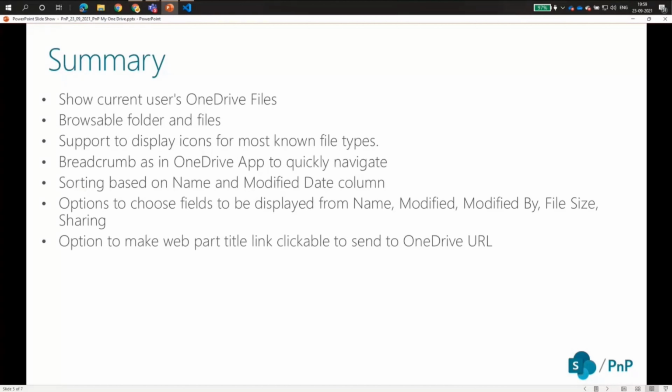As I said, it displays the current logged in user's OneDrive files. The folders and files are browsable. It means we can drill down into the folders, and if it is a file, it takes us directly to that particular file by using the URL. Then it also supports displaying most of the known file types. I tried to add as many file extensions as possible to display icons,